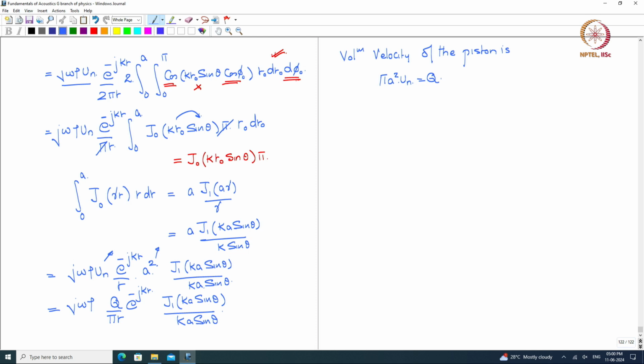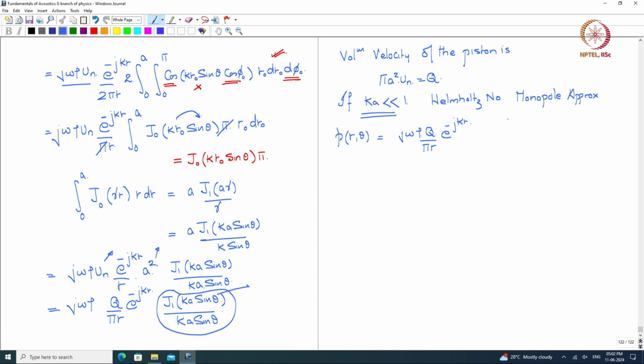So now a slight digression here. If Ka is made very small, it is a non-dimensional number, it is called the Helmholtz number. We have seen that it helps us go to the monopole approximation. So if we do that, what do we get? We get pressure at a certain r comma theta is given by j omega rho Q by pi r e to the power of minus j k r, and for small arguments, so for small arguments x much smaller than 1,